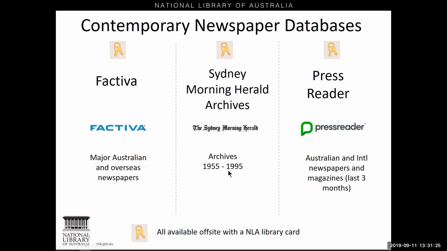We also have our Sydney Morning Herald archives, and this is one of the very few databases that offers access to newspapers between the post-Trove, past 1955, and pre-internet, 1995 in this instance, period, as most newspapers from this time are still only available on microfilm. But if you are after an article in the Herald or of the Sydney area, you are in luck because this is a really user-friendly database that's easy to navigate.